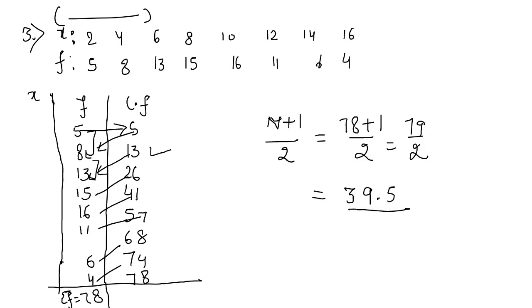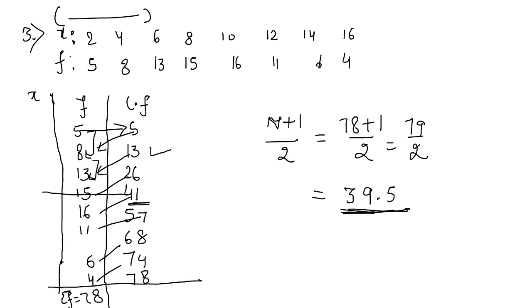After that, you have to check in the column cumulative frequency, in which if you are getting any number which is equal to this or the number which is greater than 39.5. First you have to see whether any value equal to it is present; if not, then the next value is 41. So this is the 41 value, that is either equal to n plus 1 by 2 or the next higher to this value. So it is 41.